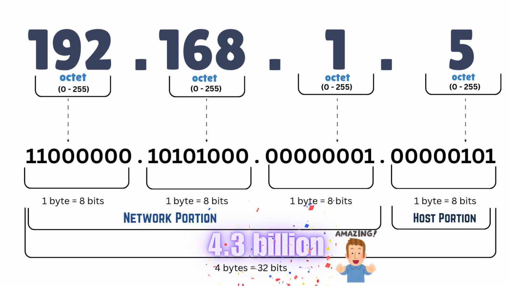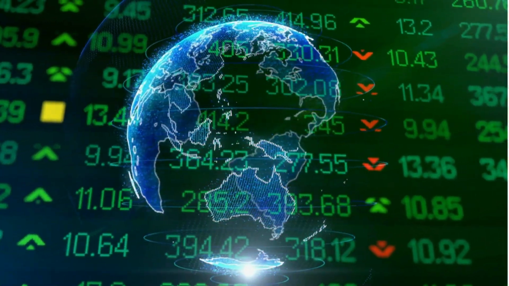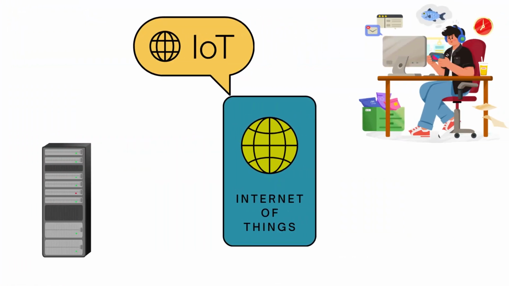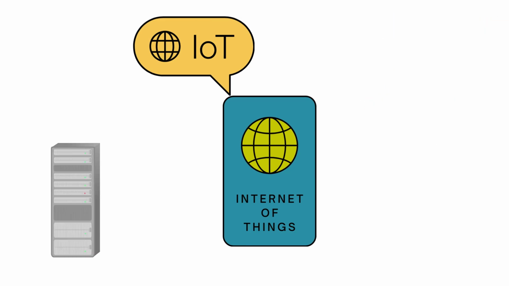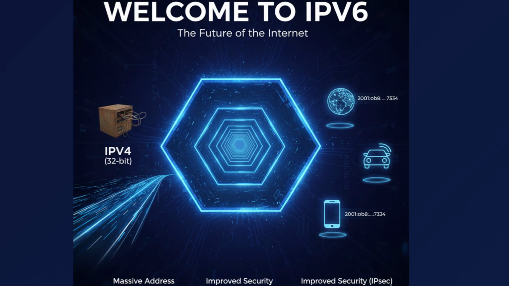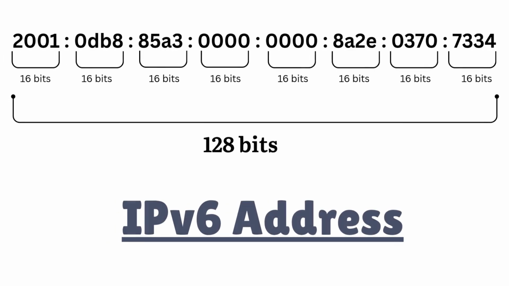Sounds like a lot, right? Well, the world ran out. Every person, every server, every IoT device needs an address. This led to the creation of the next generation. That's why we have IPv6, which is a newer, much longer format that ensures we won't run out of addresses for the foreseeable future. Instead of 32 bits, an IPv6 address uses 128 bits, and it's represented by 8 groups